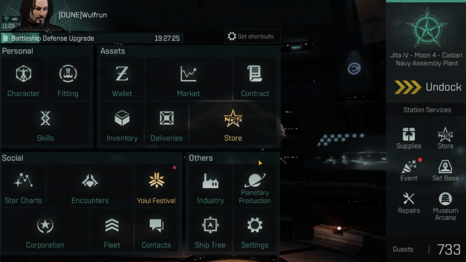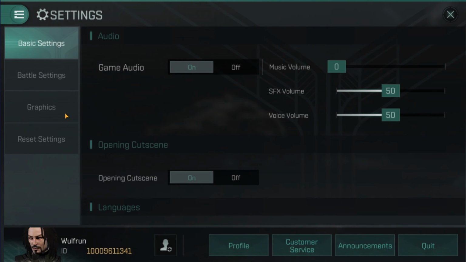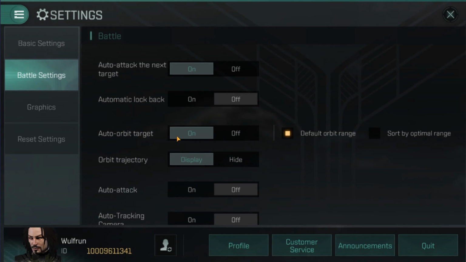So the mistake was simply my settings. When I do the basic encounters, I have auto orbit target on. When I'm doing the storyline missions, T8 and T10s, I have that off so I can control whether I'm approaching or orbiting. And so what happened was they spawned on me, I locked them all up, and as a result